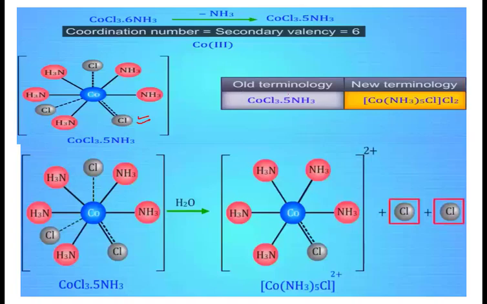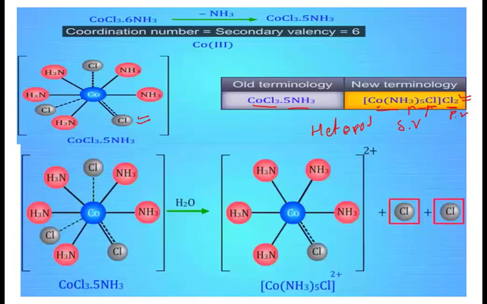In old terminology, it can be represented like this, but in new terminology, it can be represented as [Co(NH3)5Cl]Cl2. So this is primary valency, and these NH3 plus Cl both are forming secondary valency, and such a complex is called heteroleptic, if you remember,